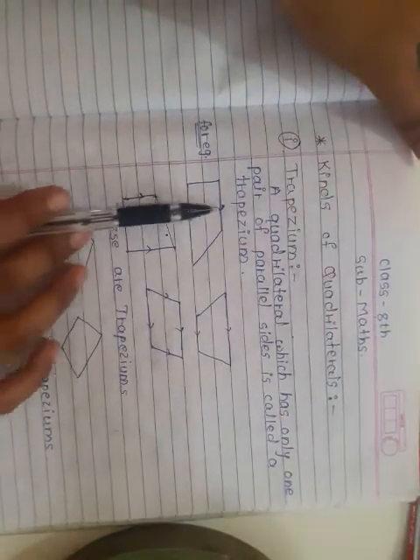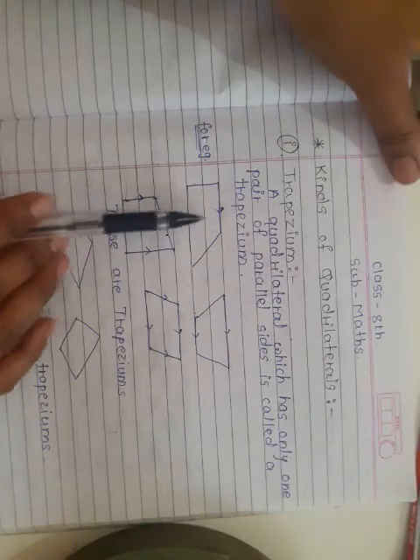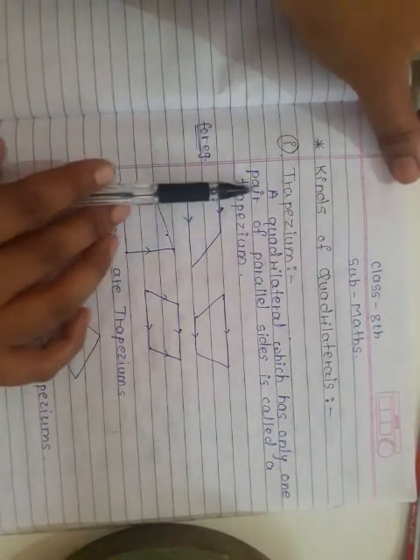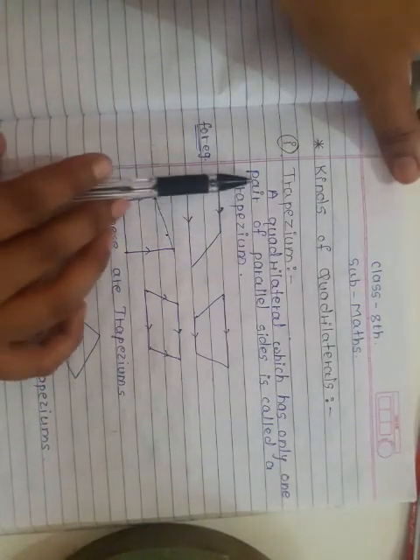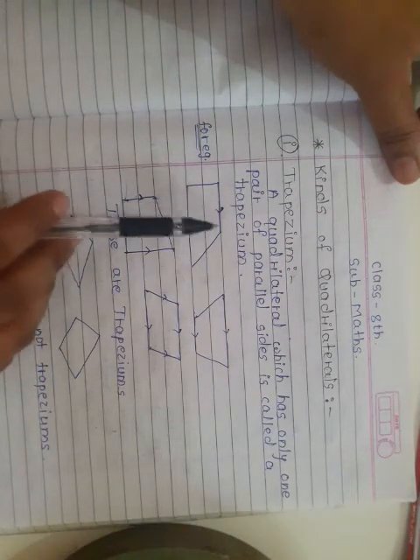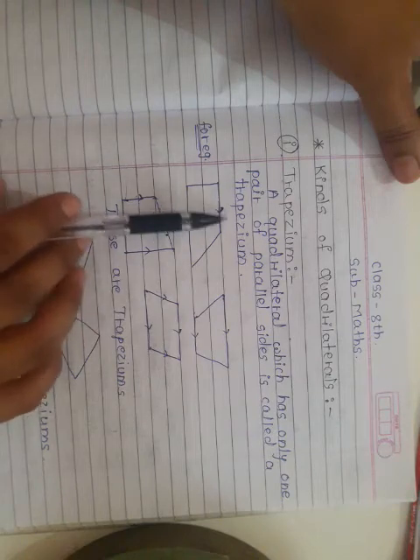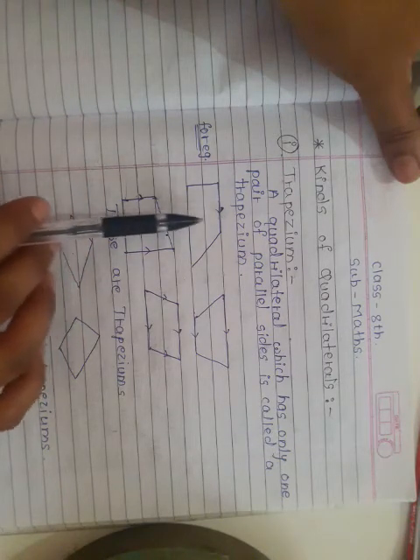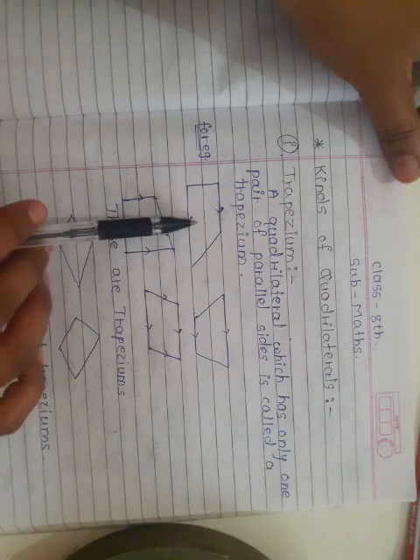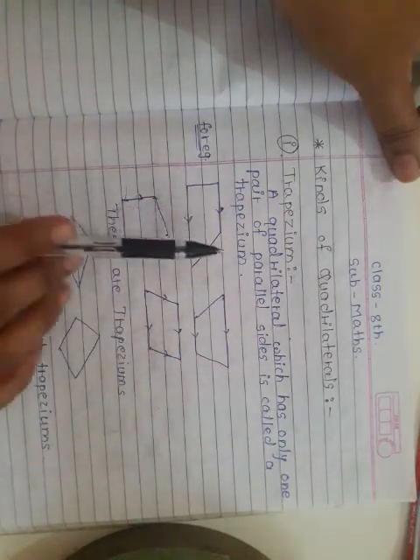In this figure, one pair of parallel sides is here. If we extend these sides, then they intersect each other at some point. But these two sides are parallel, they are not intersecting each other under any condition. So this is the first pair, one pair of parallel sides. A quadrilateral which has only one pair of parallel sides,